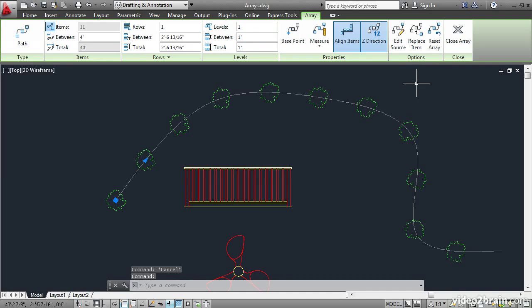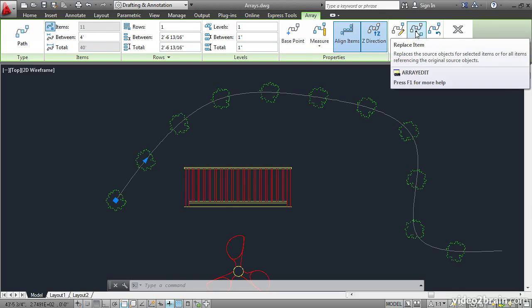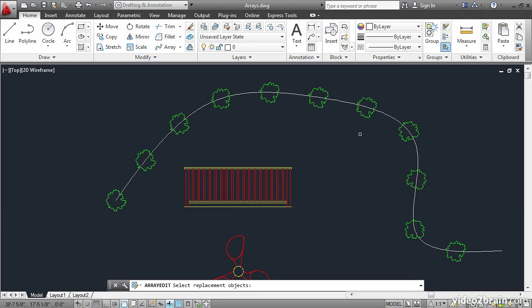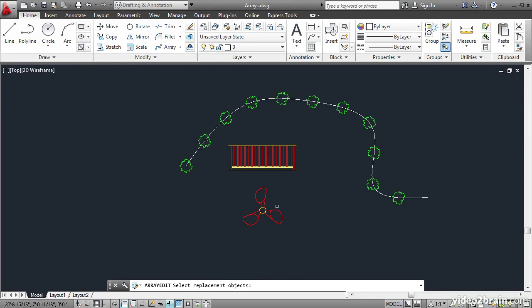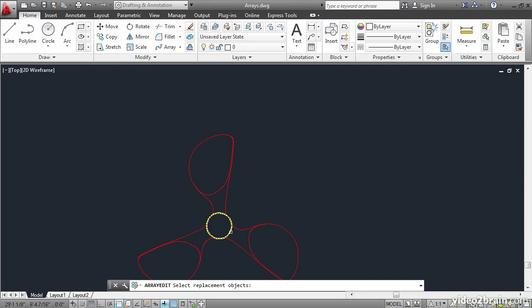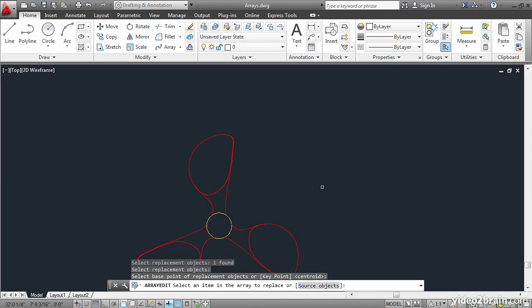You get an Options panel when you edit a path array. Let's say we want to replace one of the items with something else. I'll say Replace Item, and then it says Select Replacement Objects on the command line. I'll zoom in here and select this circle as my replacement object and press Enter. I'll press Enter again to use the centroid of this circle as the base point for replacement. And then I'll zoom back out